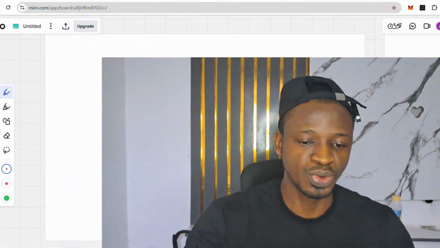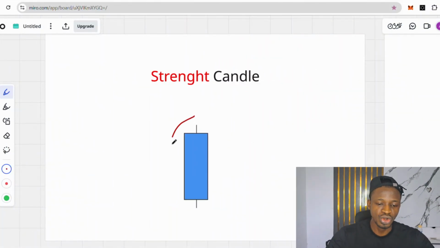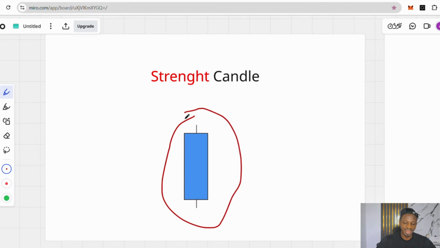the market. So without further ado, let me go straight to my screen and show you this type of candlestick and how you can use it effectively on your chart so that you can have advantage over the majority of the people in the market. Okay, on my screen you can see that I have this candle with,